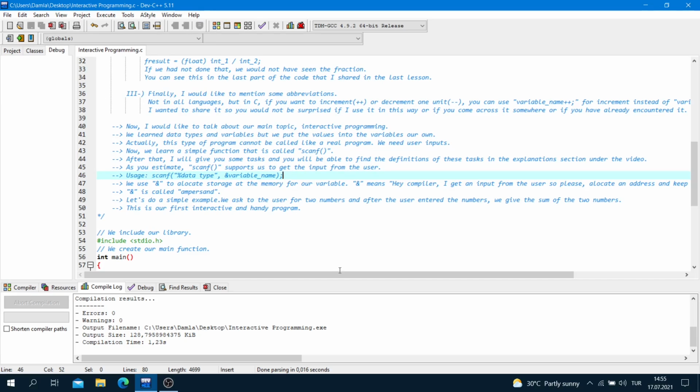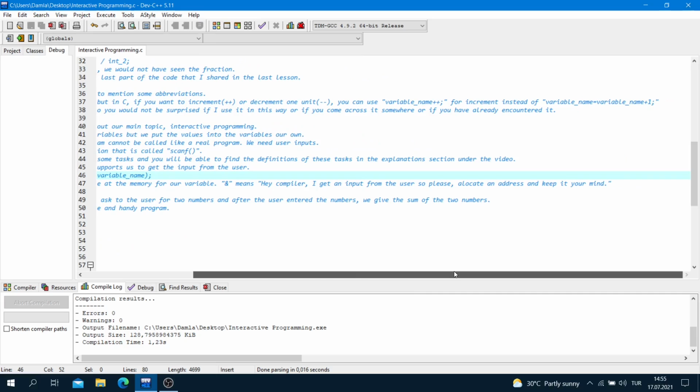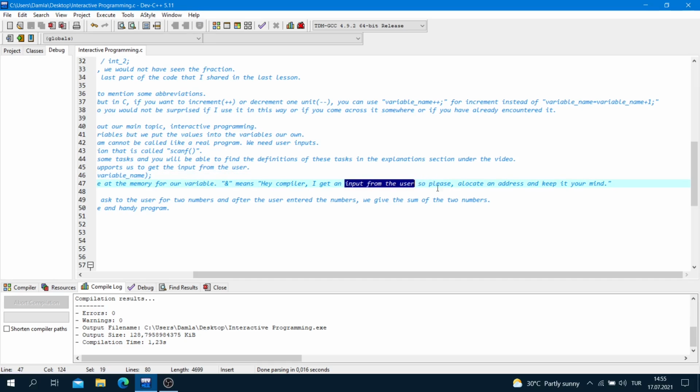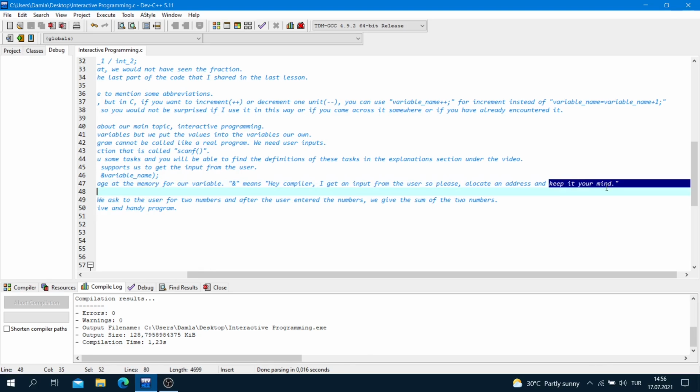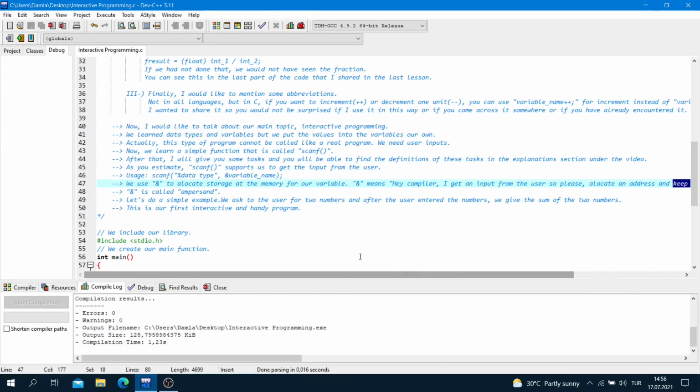Ampersand means, hey compiler, I get an input from the user, so please allocate an address and keep it in your mind. So ampersand is necessary.